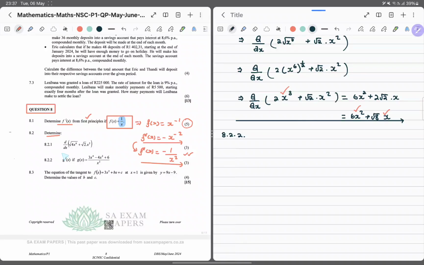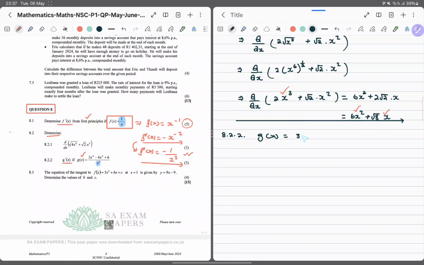So let's do 8.2.2. Now, this one is telling us to find the first derivative. If g of x is that function right there, it's a rational function. Now, the problem is that we are supposed to differentiate with respect to x. Now, x is in the denominator, so it's not ready for differentiation. So we will write g